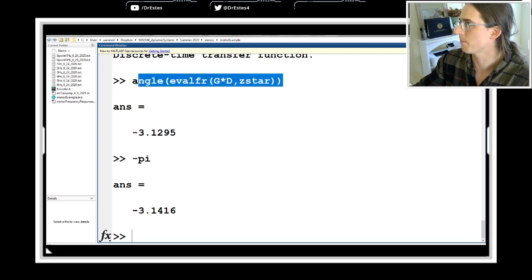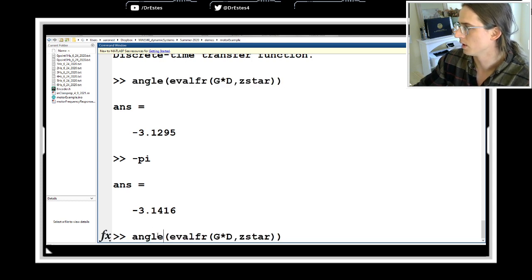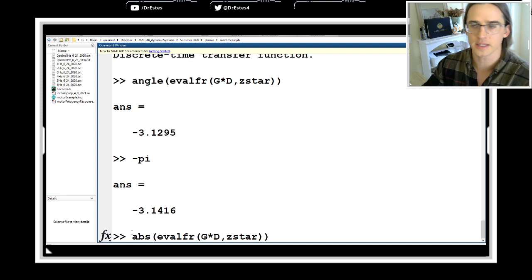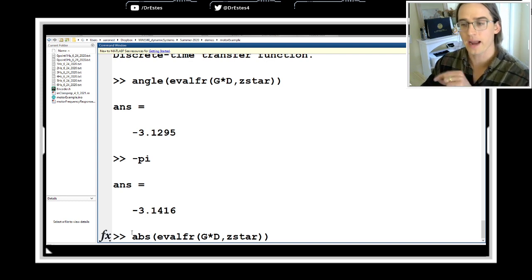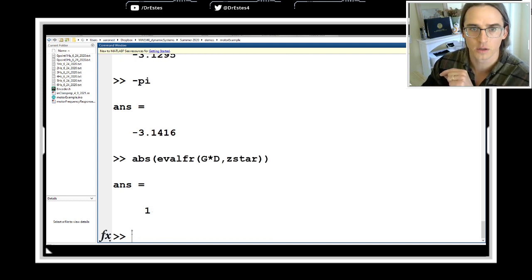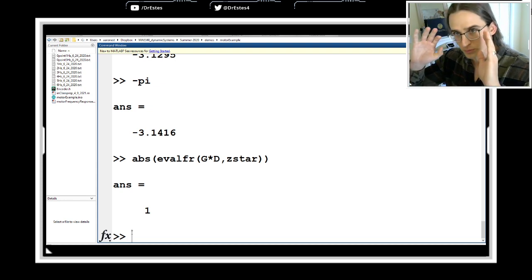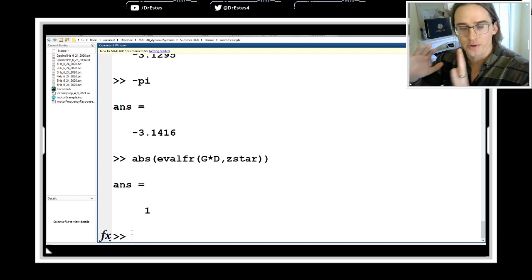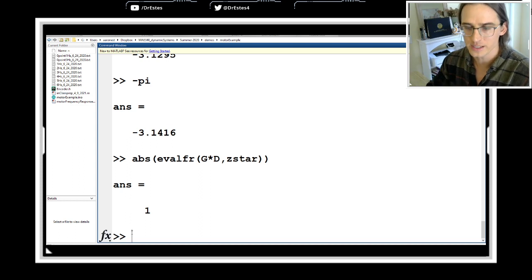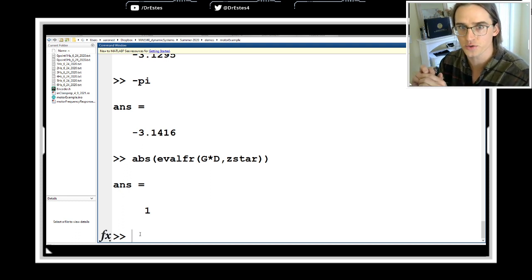And then let's check the magnitude criterion. So instead of taking the angle, I take the magnitude of this. The magnitude should be equal to 1. Okay, and it is. So as long as the angles add up to pi and the magnitude is 1, we should be fine. You're not entirely fine yet. Let me tell you why. Okay, your next step. This just lets you know, hey, you designed this controller correctly.